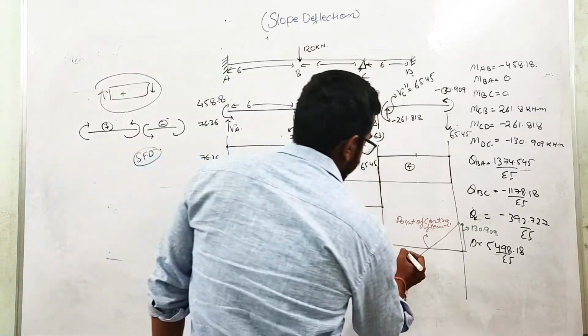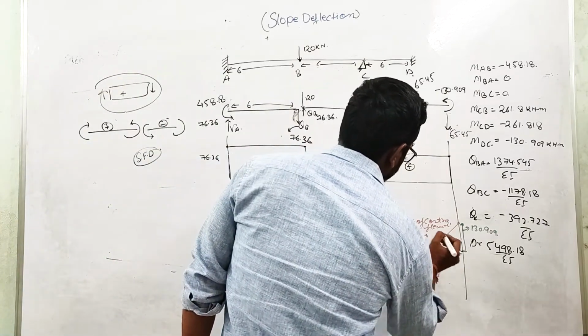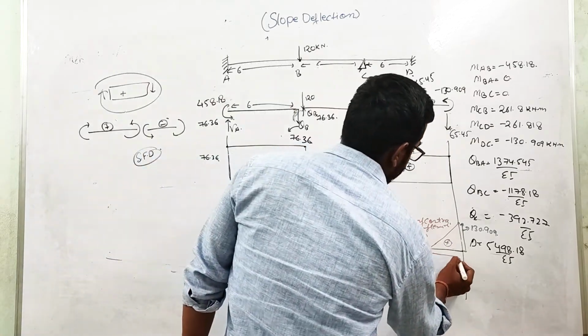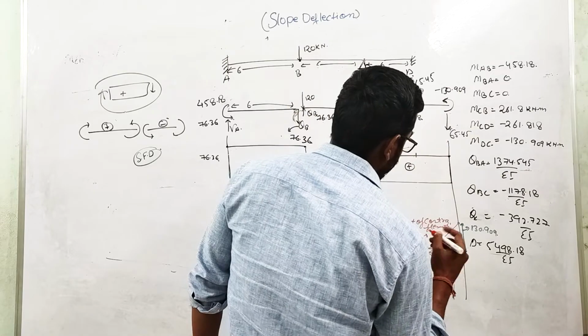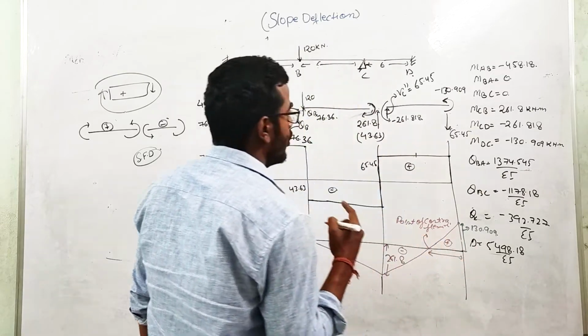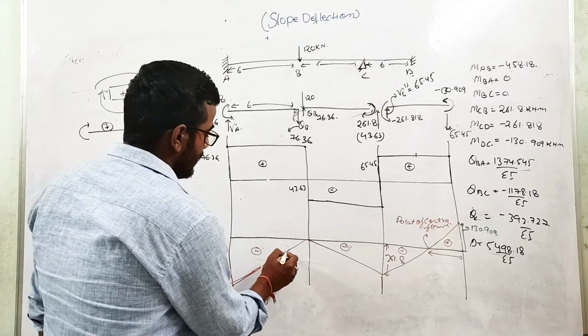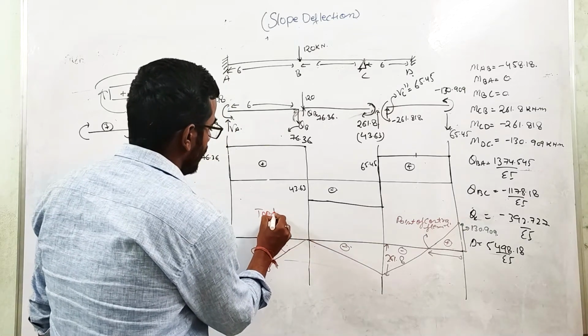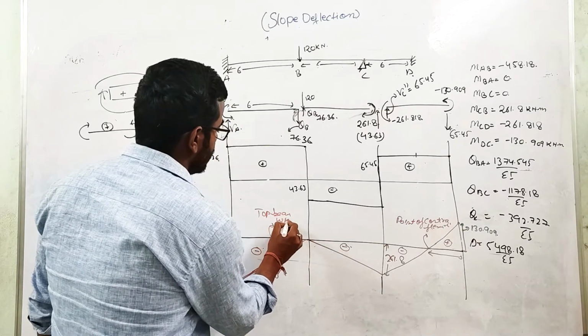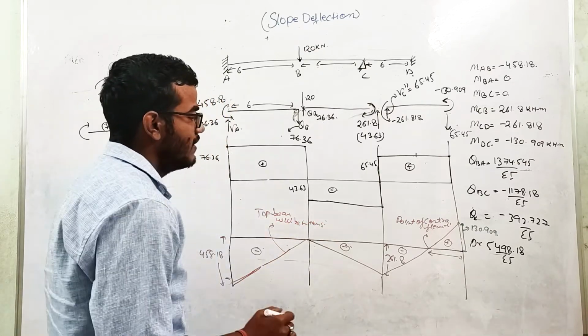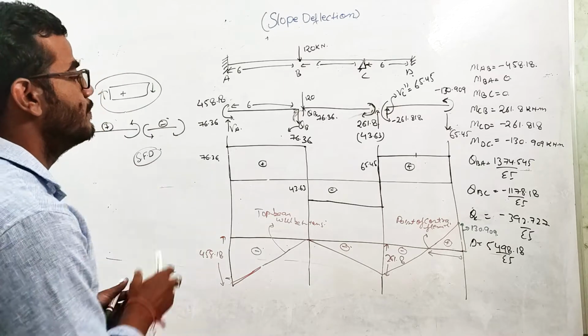Again, this is negative, this is positive. Okay. So you can see that in this beam, this is the only portion where we are having the sagging moment, or you can say that the top portion of the beam will be under compression. Okay. This is top of the beam, top beam will be in tension. Okay, so this is basically the bending moment diagram for this beam, right?